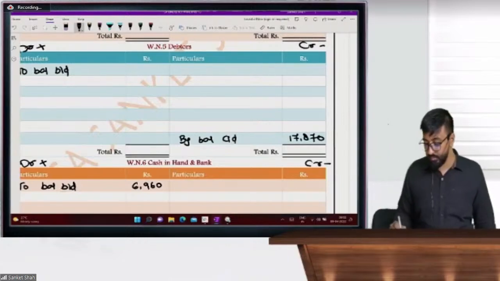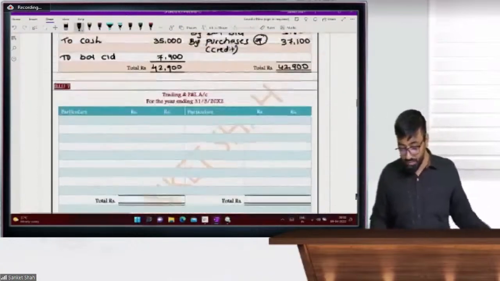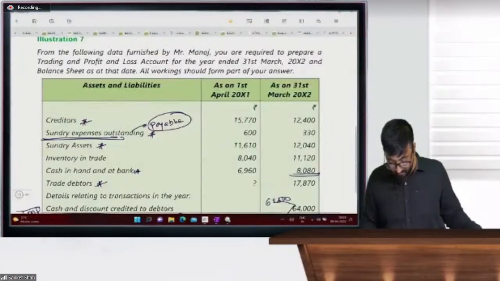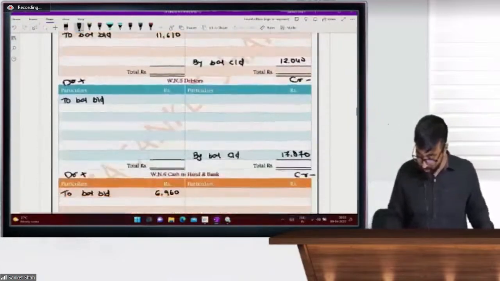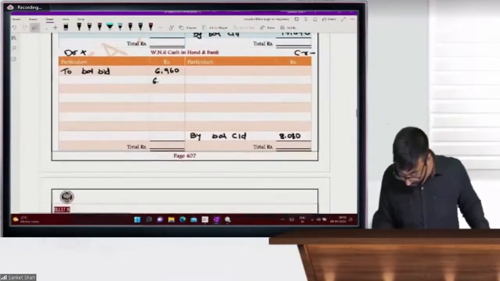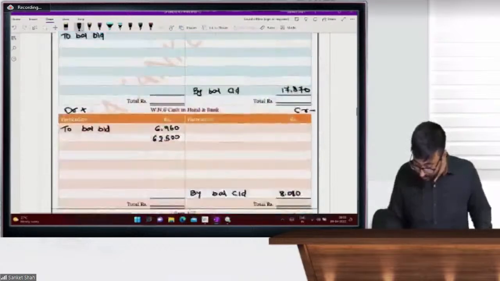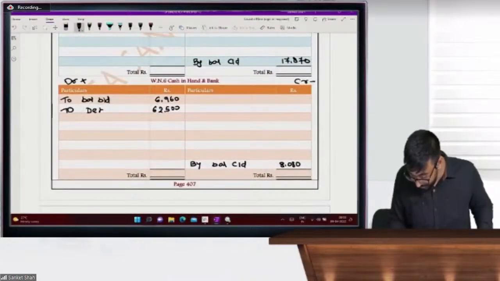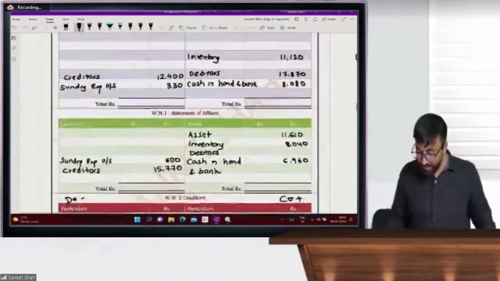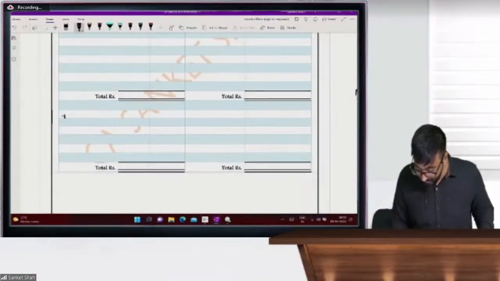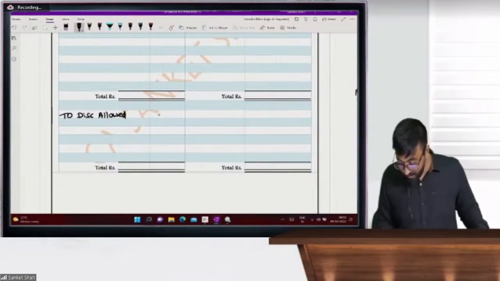चलिए. नाउ टू इफेक्ट्स ऑफ ट्रांजैक्शंस ऑलरेडी गिवन. ओपनिंग एंड क्लोजिंग इफेक्ट्स. नाउ लाइन बाय लाइन. कैश अकाउंट के डेबिट में फर्स्ट राइट डाउन अमाउंट 62,500. देन P&L के, यस इधर लिख सकते हो, टू डेटर्स. कैश के डेबिट में टू डेटर्स 62,500. देन P&L के डेबिट में सेकंड लाइन, P&L बेटा, नॉट ट्रेडिंग. टू डिस्काउंट अलाउड